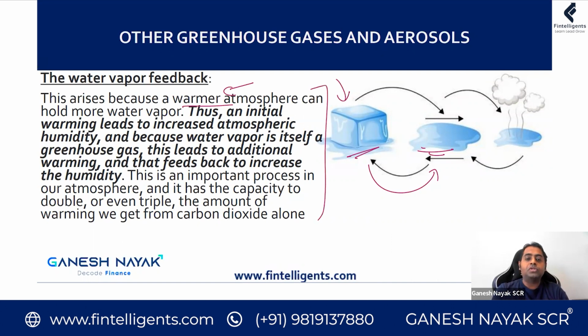So if you read this section also, they're talking about an initial warming leading to an increase in atmospheric humidity because of water getting evaporated, and because of which water vapor itself is getting created, which is a strong greenhouse gas, and which leads to more warming. So it becomes a loop. And this water vapor feedback loop has the capacity to even double or triple the amount of warming. That means it's a very strong component which can increase the temperature of our atmosphere. We call it a positive water vapor feedback loop, which is also covered slightly in the further